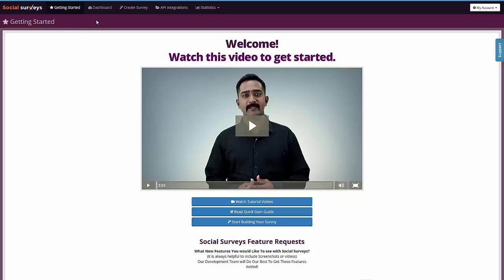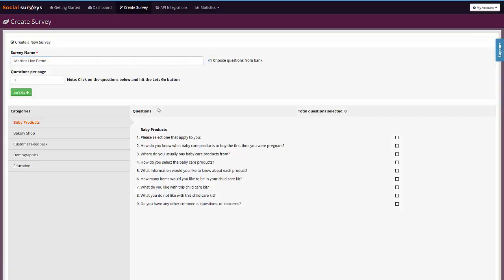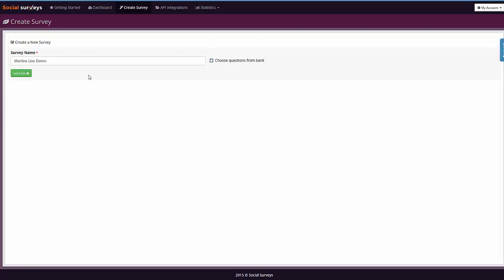So rather than go into each feature now, I'm going to go and create a new survey and show you everything from the start. You pick your survey name. If you tick the box here, question bank, you'll notice there are loads of pre-loaded questions that have been researched, and they're all tried and tested from big industry surveys. You can use those to build your survey, or you can just create your own questions, which most people I expect will do. So we click the green let's go button,